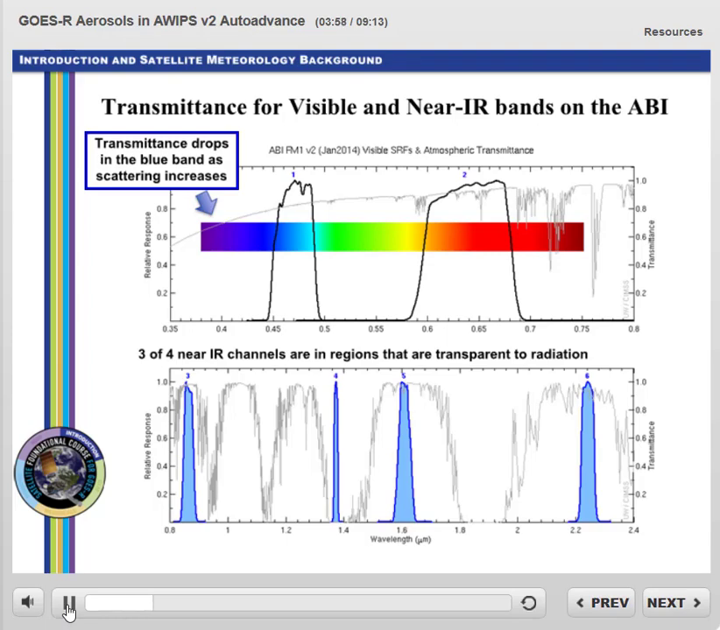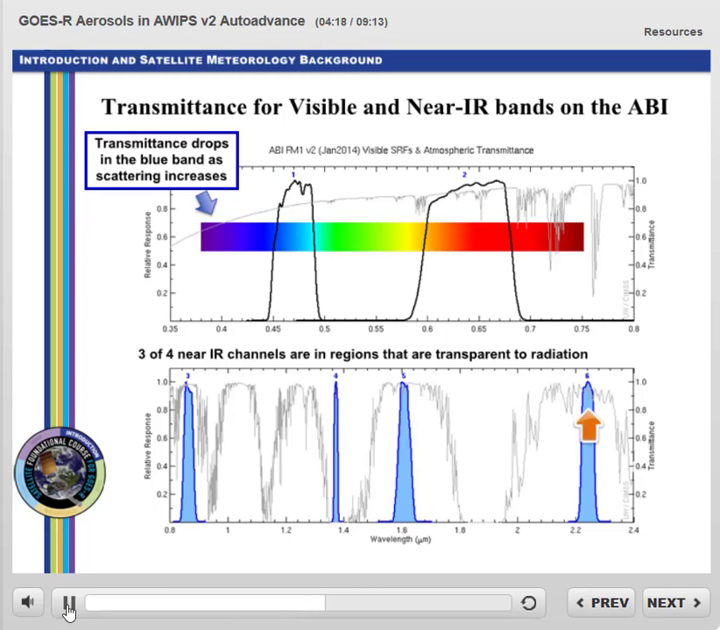reflectance from the surface and from aerosols. The thin line shows transmittance. Small amounts of scattering and absorption are present in bands 2, 3, 5, and 6, that is the red band at 0.64 micrometers, the veggie band around 0.86 micrometers, the snow ice band around 1.6 micrometers, and the cloud phase